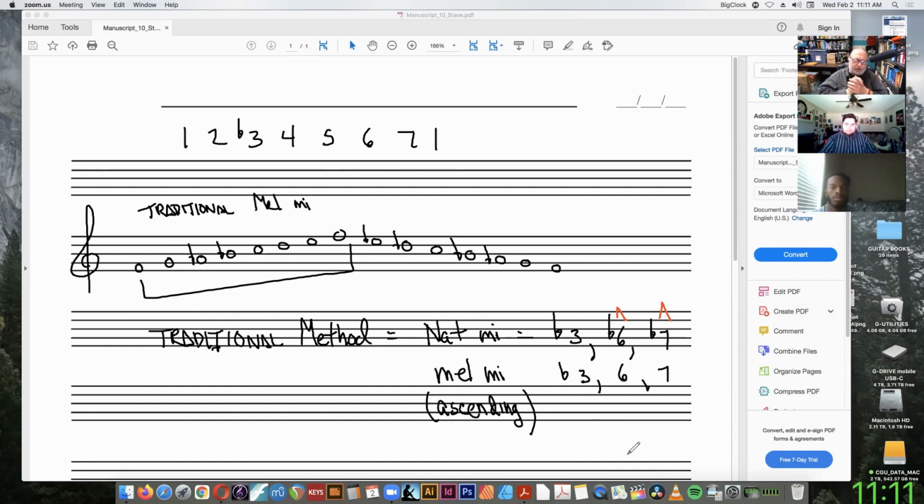So that's the original way of looking at minor scales. You start with your relative minor scale, which is a natural minor, and then from there they call it raising the 6 and raising the 7. And the harmonic minor, you don't raise the 6. You have a flat 6. So harmonic minor